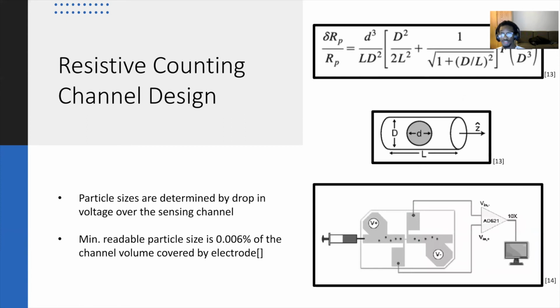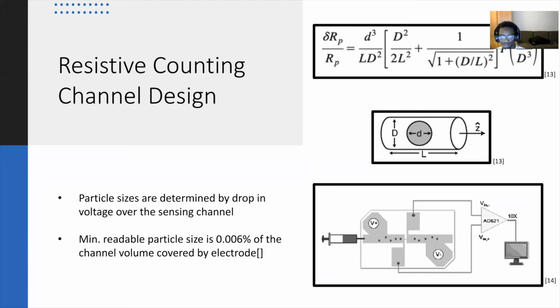The other part of our system is the counting. This counting process would be done using the resistive pulse sensing method, which relies on the change in resistance within a channel as a particle is introduced. In this system, you have an electrolyte solution between two electrodes, allowing it to be freely conducting. And once a non-conducting particle is introduced there, the resistance between the electrodes would increase. This system allows us to determine particles whose volume is up to 0.006% of the volume between the two electrodes, and allows us to determine their size as well as count them as the